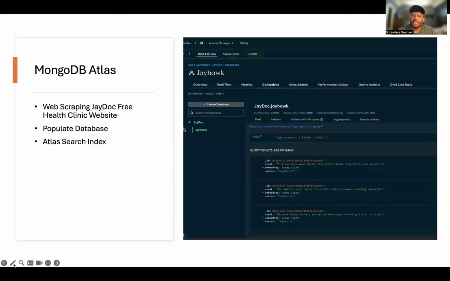So one of the first things that I did was develop my MongoDB database. And for this, I had to web scrape the JDoc Free Health Clinic website to get all sorts of data regarding JDoc, everything from its history all the way to what's offered on every single specialty night throughout the course